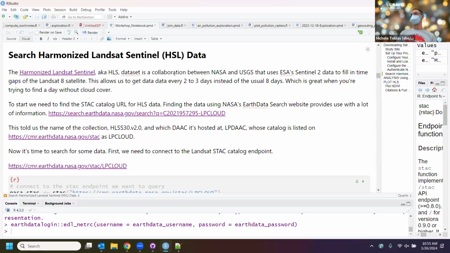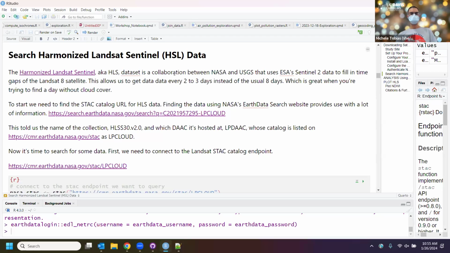This is a classic problem in agricultural and tropical regions, coastal areas. You can think of all sorts of scenarios where the exact time of year when you want to be looking for some data, you just have clouds. And so if you can get pictures more often, then you have a better chance of finding data that you can actually use, unless you're studying clouds, in which case you know exactly where to go,